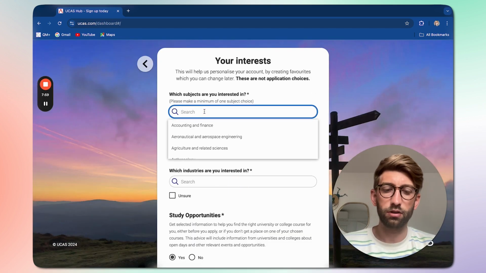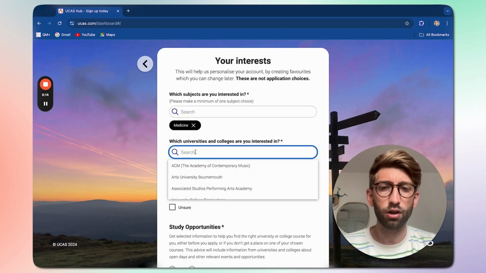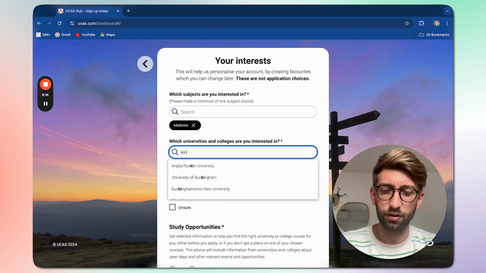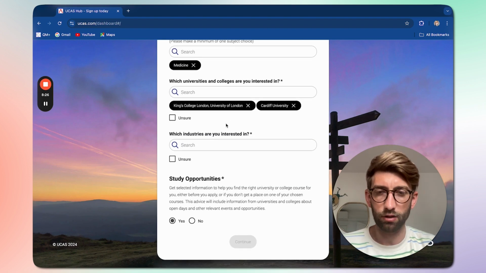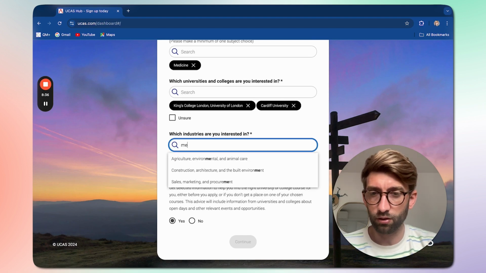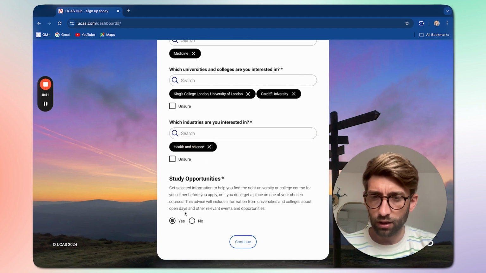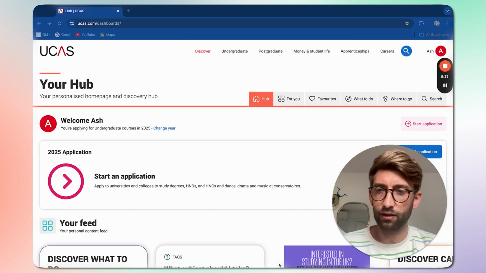So what subjects are you interested in? You could do medicine. Which universities and colleges are you interested in? Again, you don't have to put this at this stage, but I went to King's, so let's say King's. You could put unsure. Obviously, it doesn't really matter at this stage. Which industries are you interested in? So let's stick to the medicine one, or health and science. And study opportunities, get selected for information, and so on. No, don't want that. So now we enter the hub, and you can see obviously that it's just a dashboard